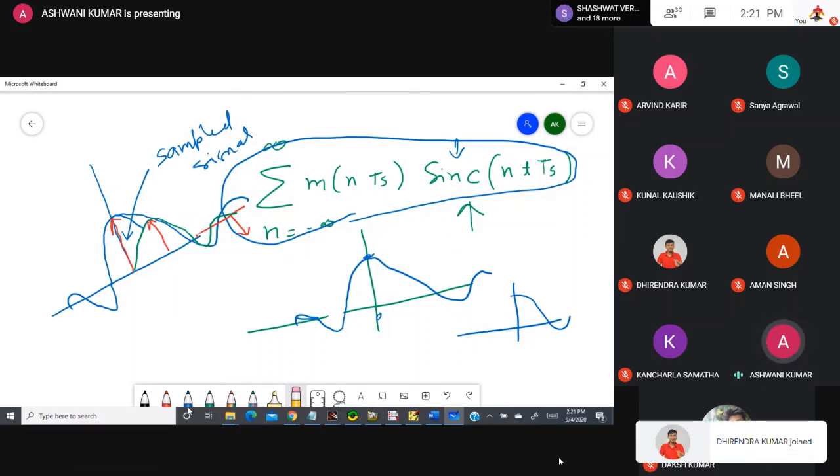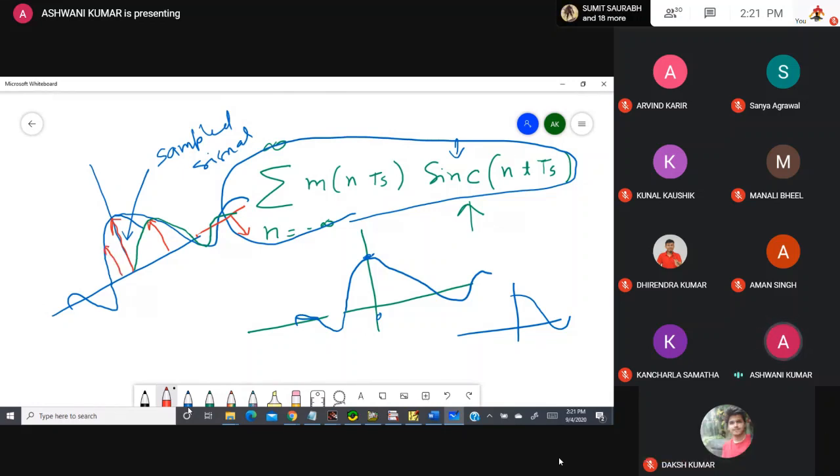Okay, now similarly, you have this side and this side also. The sinc is like this, and that will go like this. Now again you have another pulse here, so that will again give another sinc function that is varying here. So what you obtain at the summation is the summation of this point, the summation of this point of the signal, and that will give you the signal like this.